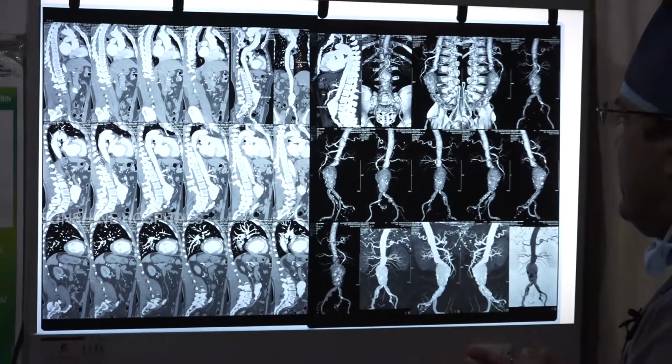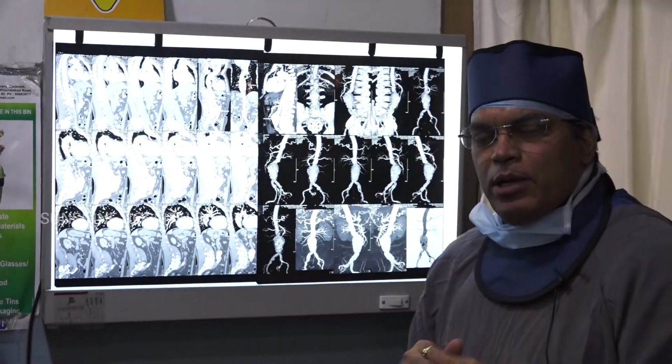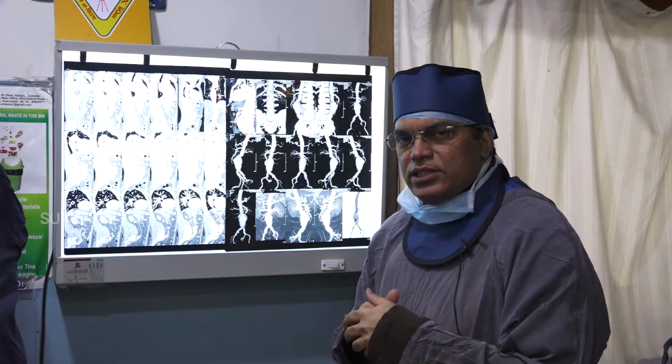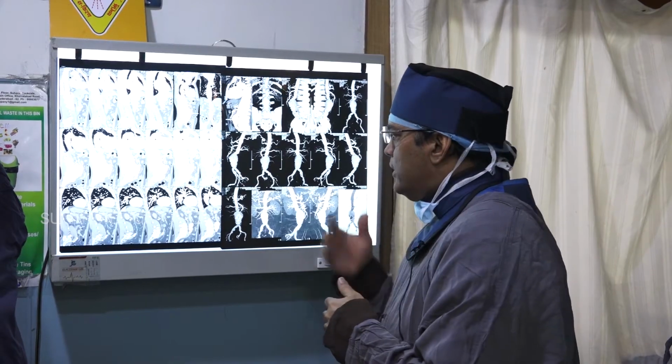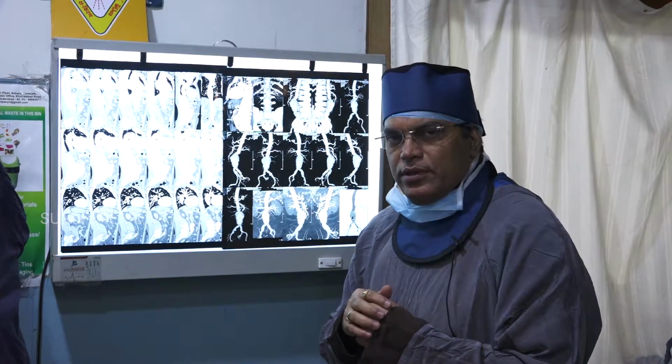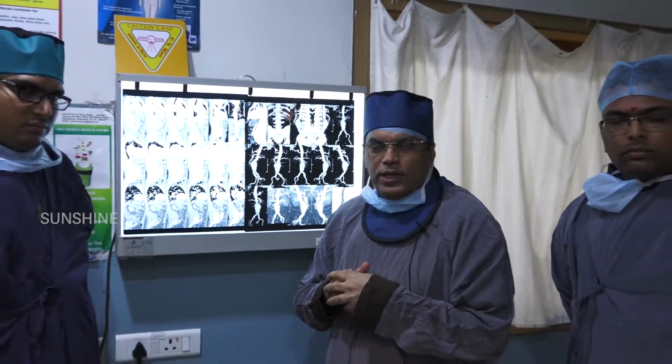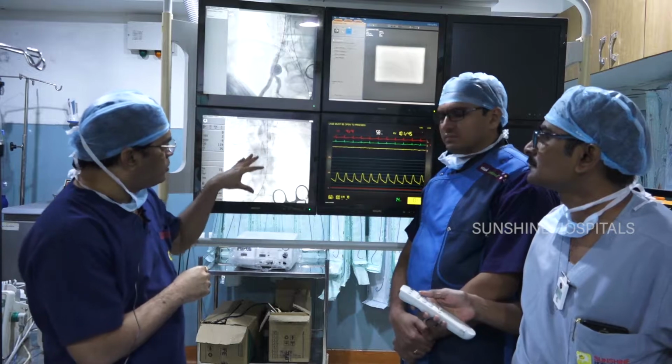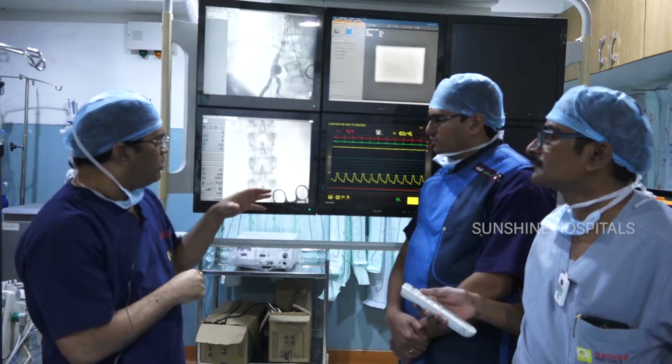So, this is a very complex case. Patient had a bypass surgery, bypass graft stenting was done using filter device, and now we repaired the infrarenal abdominal aortic aneurysm using Y graft with two extensions. And I will be showing the fluoro images. Now, I will show the step by step approach of the fluoro images.